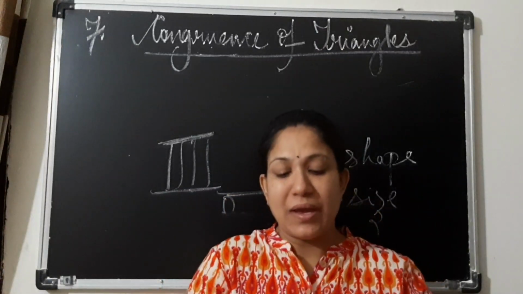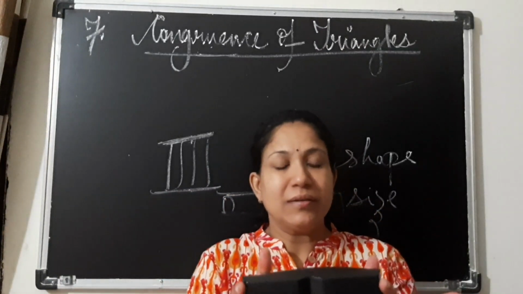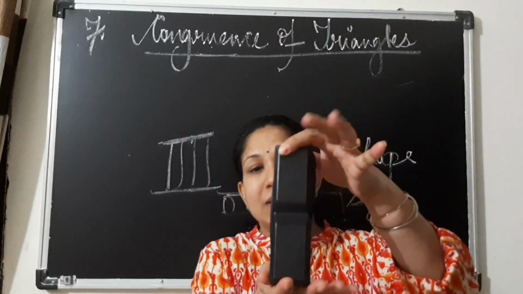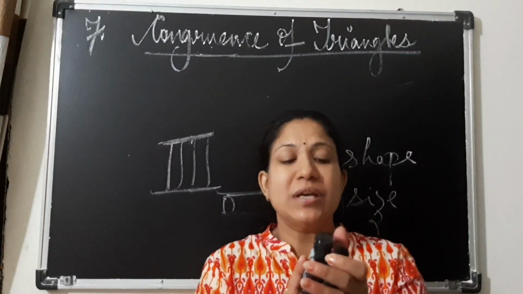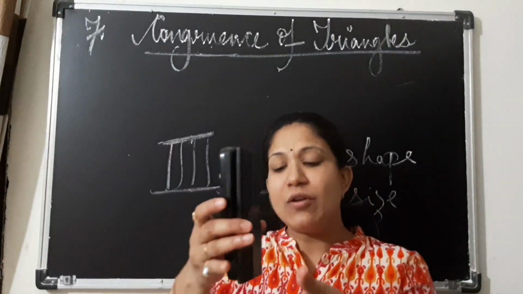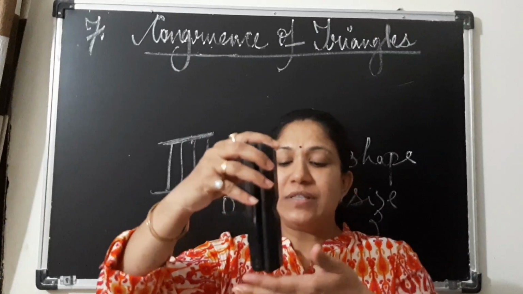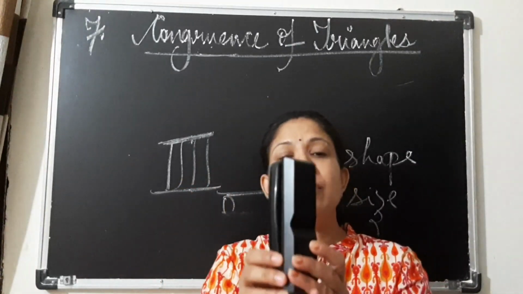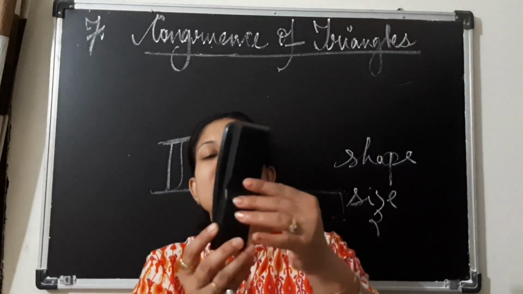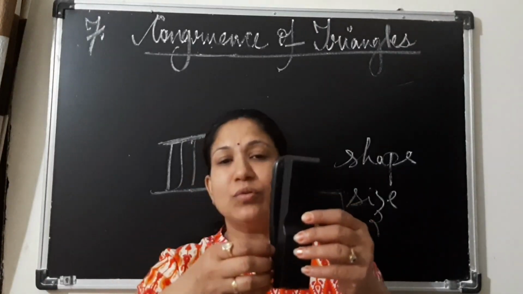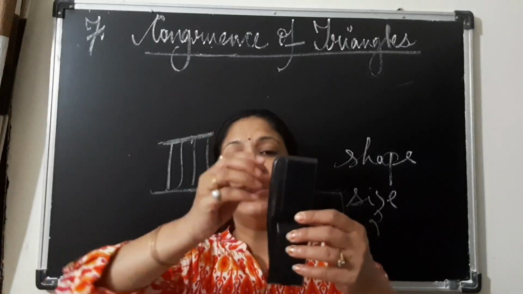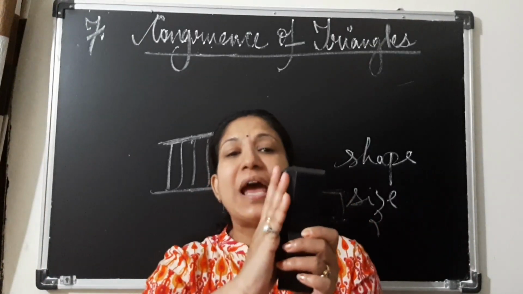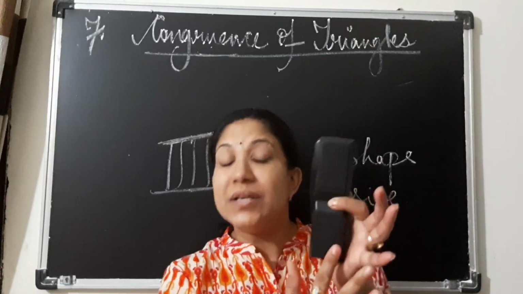See, I'll place my hand. Children, they are of the same length. But still, can you term it as congruent? They are exactly the same length. But see, when the length is the same, you can still see some part of this remote. The remote which is behind is visible from here. That means it is not completely and exactly over this remote.